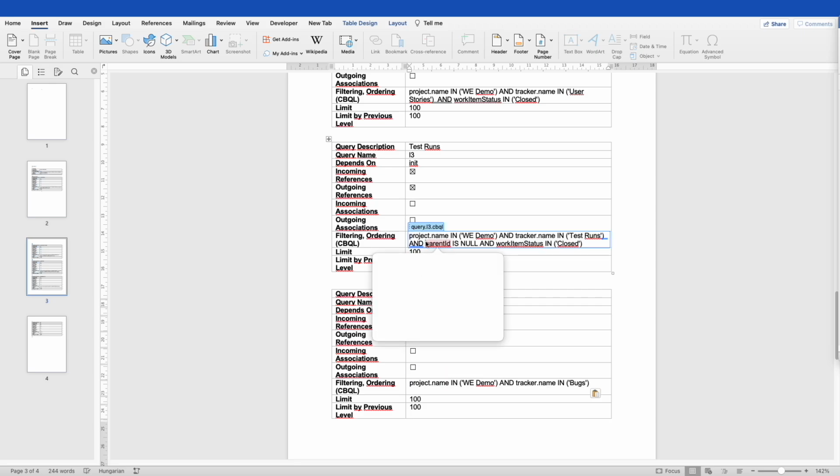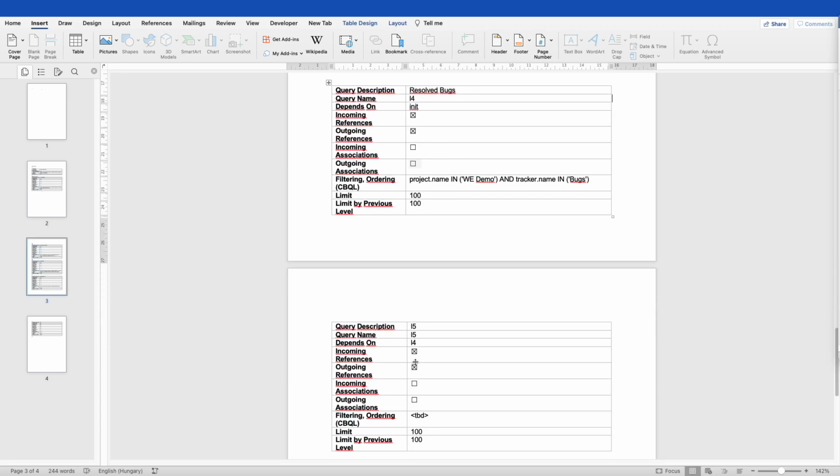If I switch back to L3, you will see that this is L3. It belongs to L3, so this is correct. Sometimes it happens that if you don't copy in the right way, these content control fields will also be copied over to the cells, so you might mess up a few things. Okay, so we are ready with the definitions, and if I scroll down, you will see that we have an